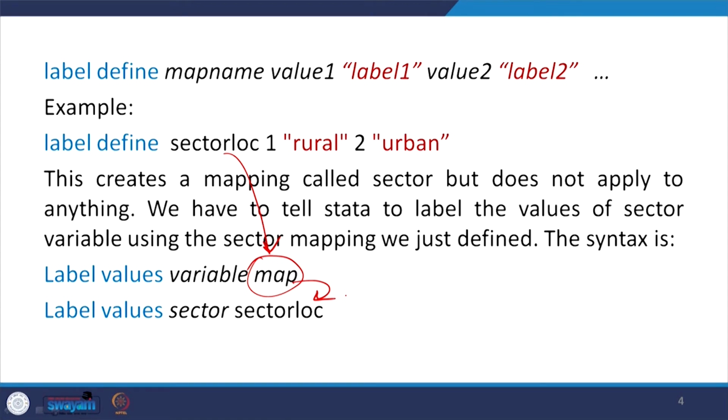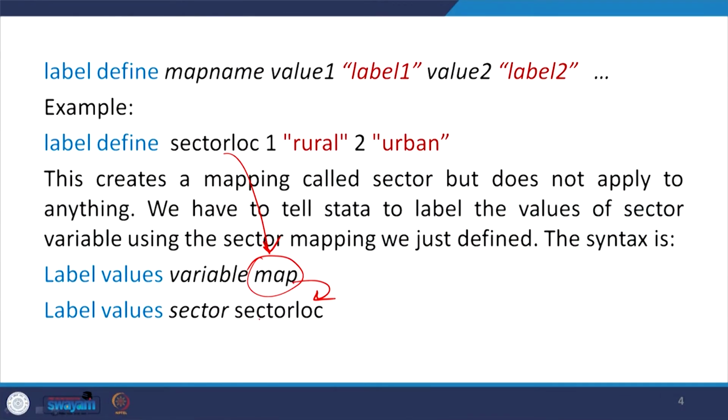Like there are a number of variables we require with binary coding, yes/no type or dummy variable type, and every time you need not type 1 for yes, 2 for no. You simply map: you just add that particular variable which you have created just now against the variable you wanted to label.